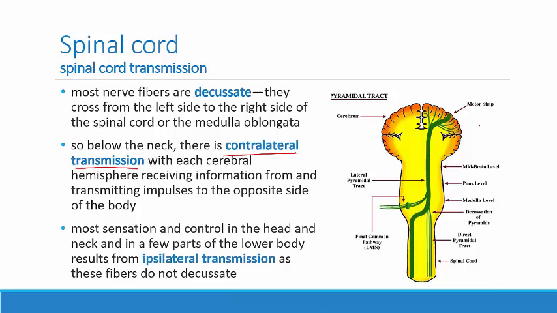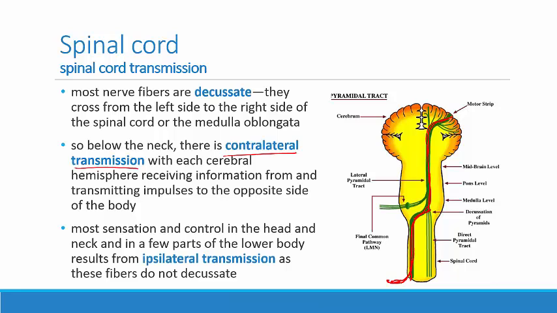So once we get below the neck, we see that the information transfers across, so that if we're looking at the body anteriorly in anatomical position, information that comes in on the right side of the body decussates and is received on the left side of the